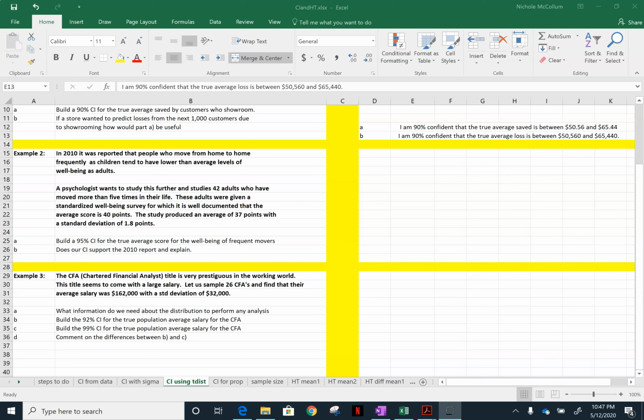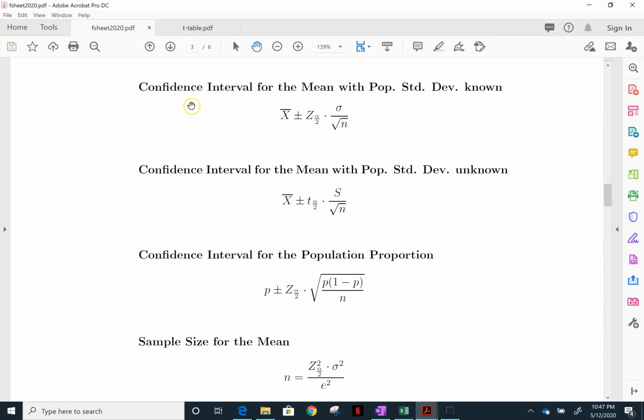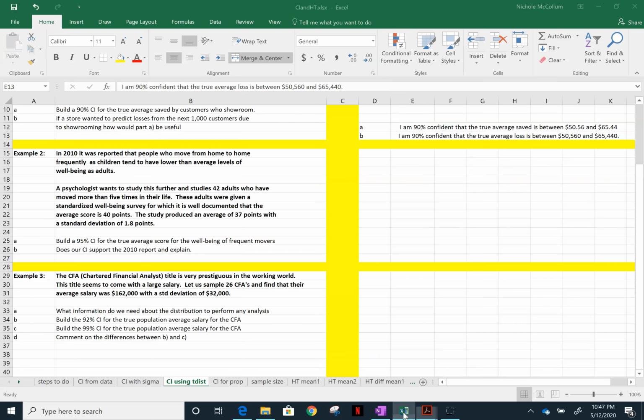All right, that's a very good question. So I need to build a confidence interval. So again, this all starts with which one? So we go back to our confidence interval sheet. It was for the average. I know that much. Once again, sigma or S. It always comes down to that. Sigma or S. Well, the study produced an average with a standard deviation of. That's the key sentence here. The study produced. Since it's a study, it's from the sample, and since it's from the sample, the standard deviation